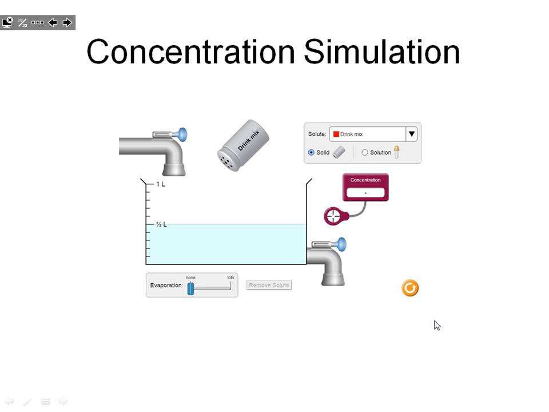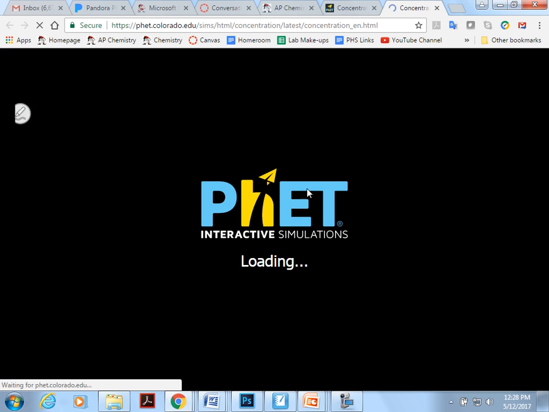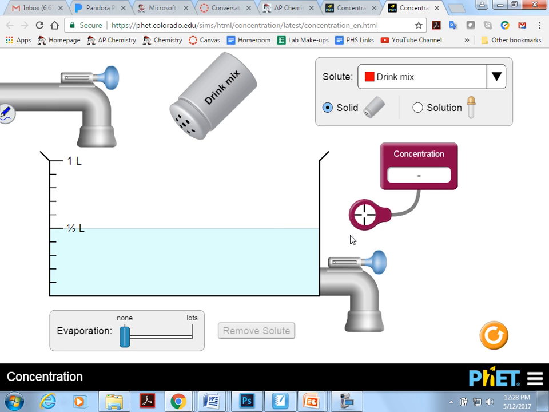Bear with me in case you might be tested or pushed a little bit on some knowledge of how things change, so hopefully this will all just make sense. It's a pretty user-friendly thing here. So I have a drink mix here, and this is a concentration meter. And if I add a little drink mix,